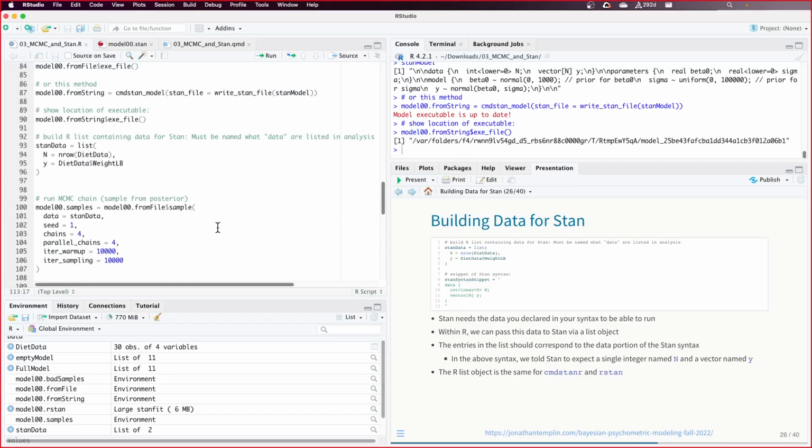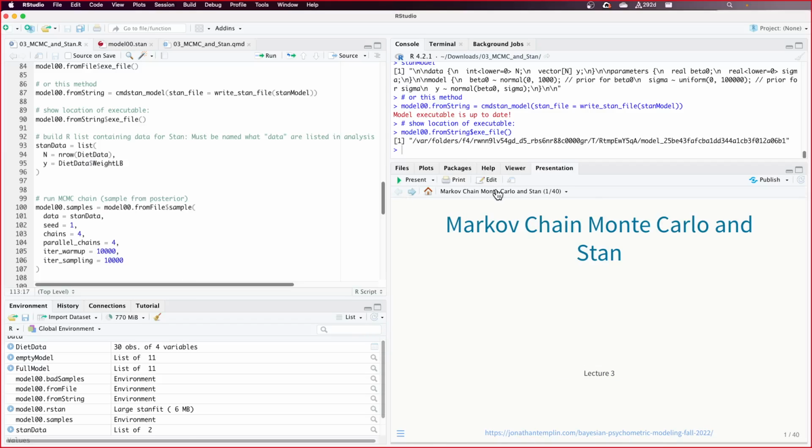Okay, so we wrote our Stan code. We then submitted it to the compiler. It compiled our Stan code. And then finally, once we've built our, by the way, speaking of compiler, those of you on Windows machines, did you have to install RTools to get Stan to be installed? RTools includes the compiler that takes the C++ and translates it into an executable for you. So that's why you had to use that as an additional feature. Anyway, the thing we have to work on next